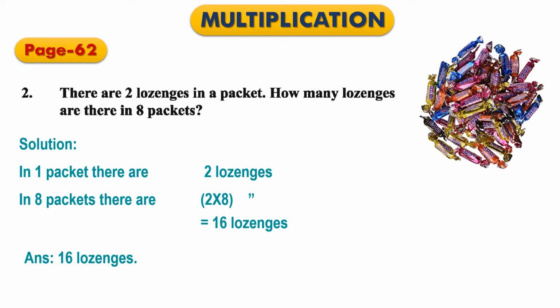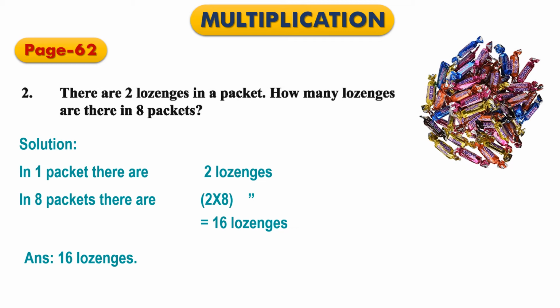Well, let me tell you once again, in our question it says in a packet there are 2 lozenges, and we need to find out how many lozenges there are in 8 packets. So we need to find out more from this question. That's why we have to adopt the multiplication method. So first of all, we have written how many lozenges there are in a single packet, that means in one packet. Then we have found out how many lozenges there are in 8 packets. So we started with